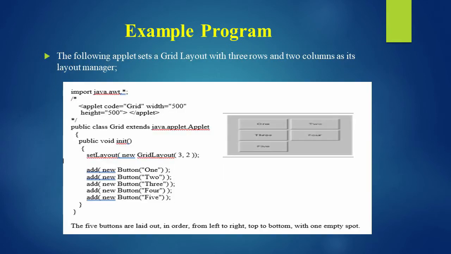A simple example program for grid layout. In this program also we are going to add 5 buttons. Whereas in the previous example we did not have the grids at all, in this example we have the grids, and all the buttons are separated by the grid. To achieve this we have to call the grid layout method inside the init method.